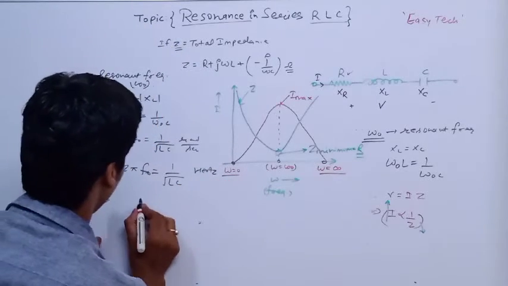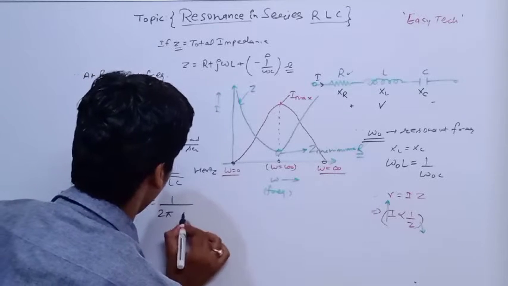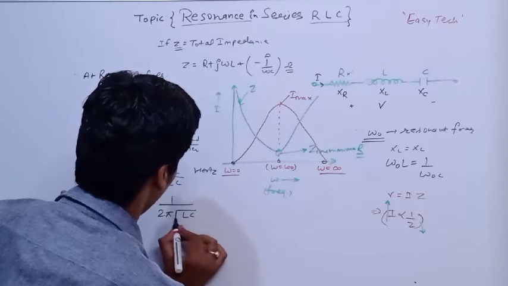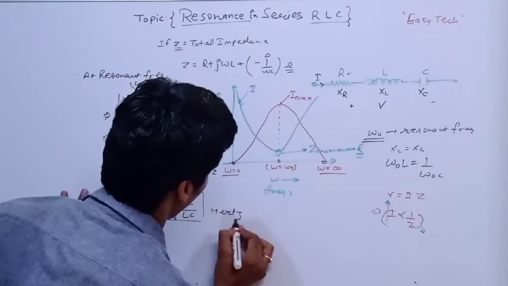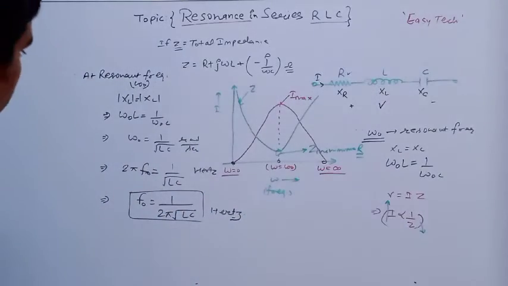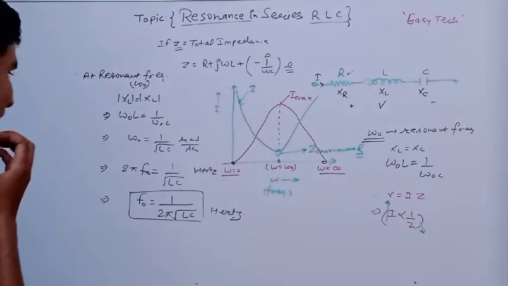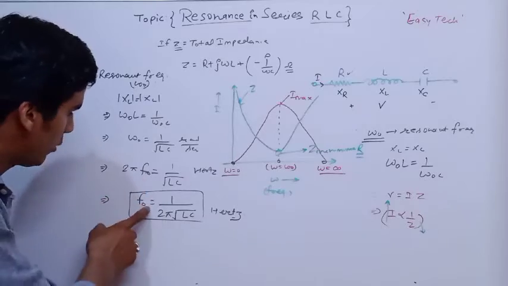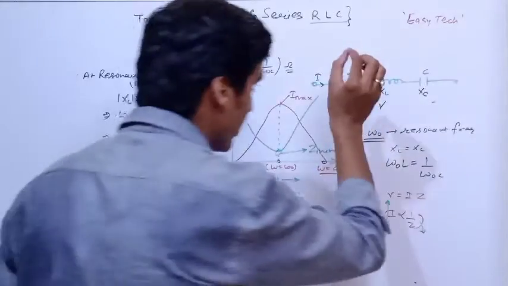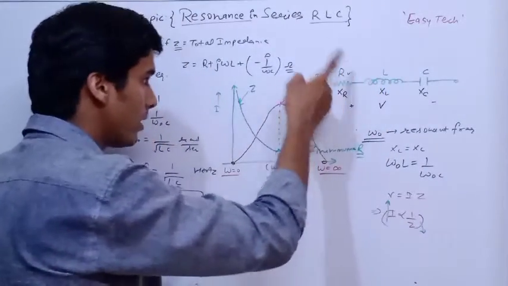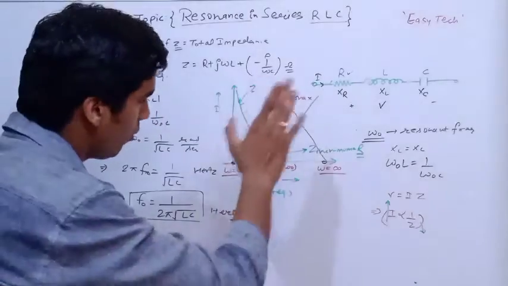Okay, so what should be the value of frequency f naught? It will be equivalent to 1 upon 2 pi times the product of LC under root. This will be in hertz. So if you put the value of L and the value of C in this formula, you can measure the value of f naught, that is the resonant frequency. At this frequency your circuit behaves like a pure resistive network, and for a pure resistive network I will be in phase with V, or you can also say the power factor will be equivalent to 1.